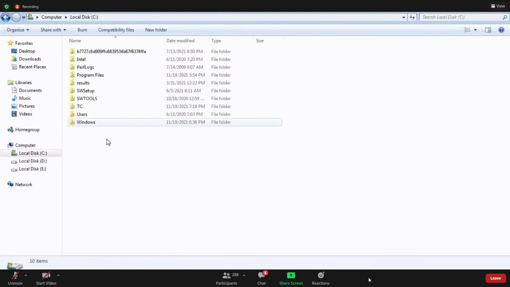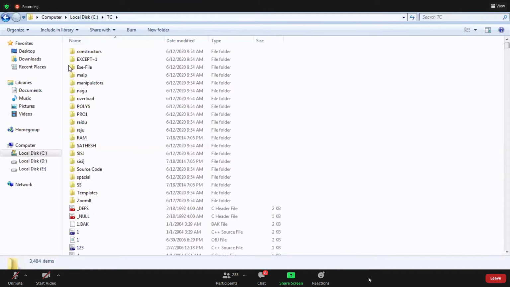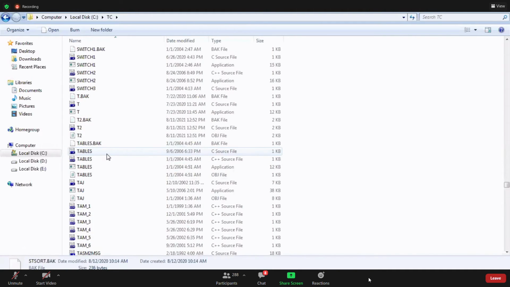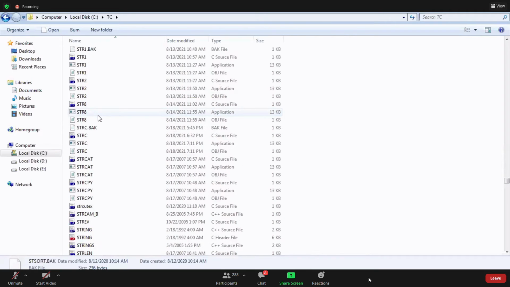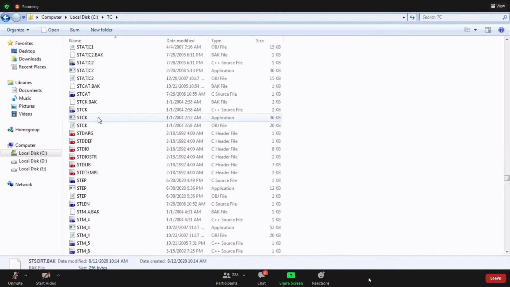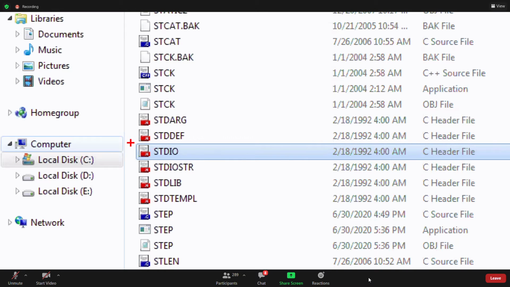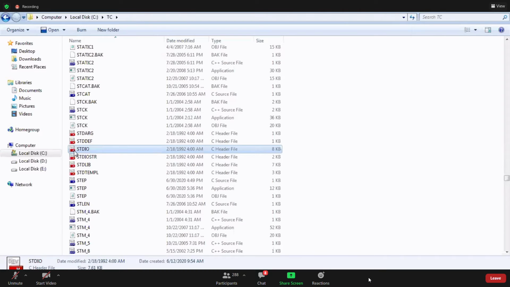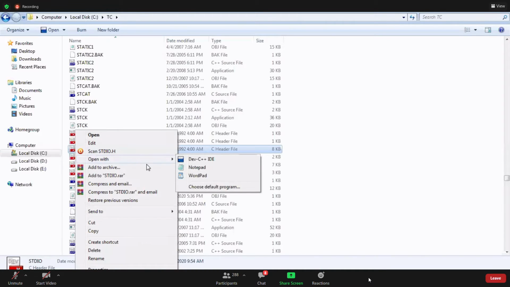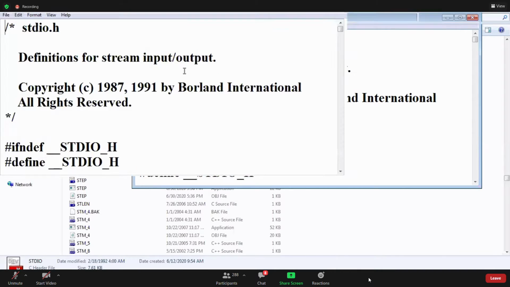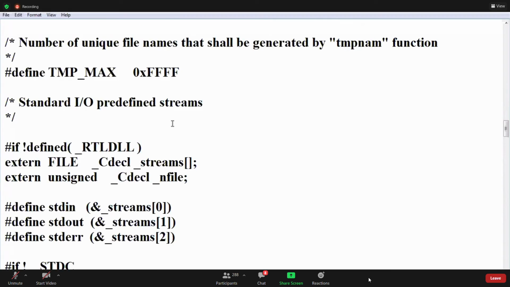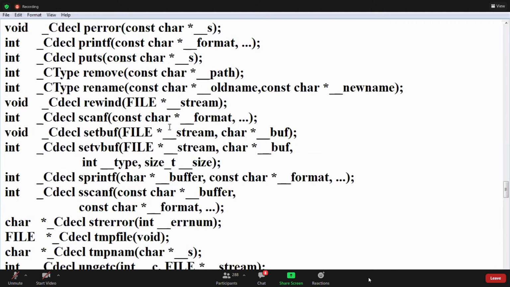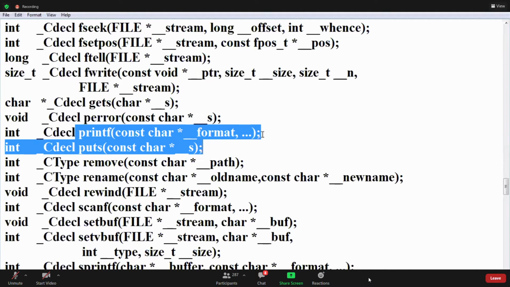I will show you the printf syntax. I am using the Turbo C compiler. This is Turbo C software, guys. We can go and check it. The standard IO header file is available. You can go and check it, guys. See this, this is the standard IO header file. I will show you that CDECL in the header file. If I check it, see this output, how this is implemented. The printf function is there. Once go on, check the printf function. Now this is the printf function. You can see here, this is the